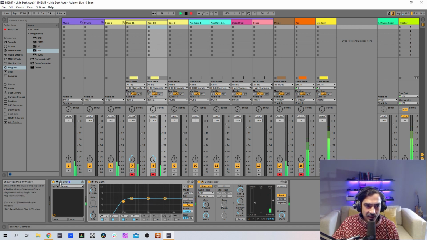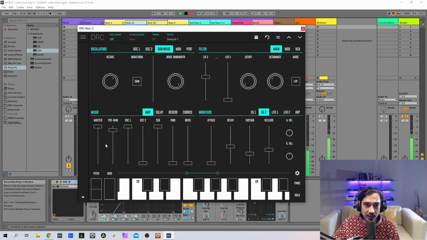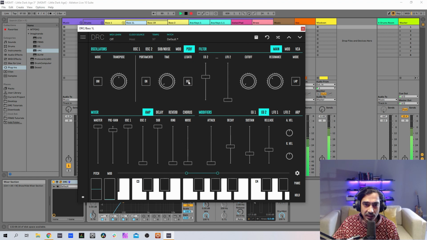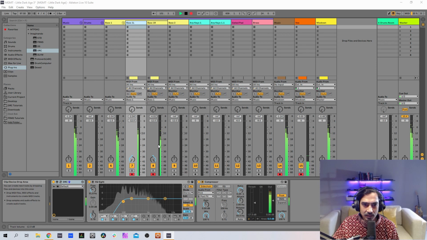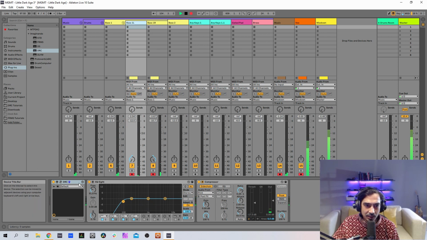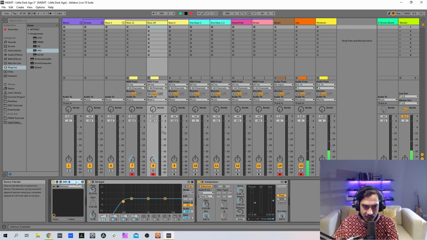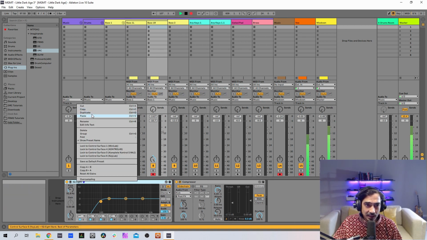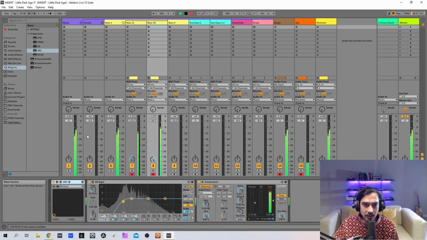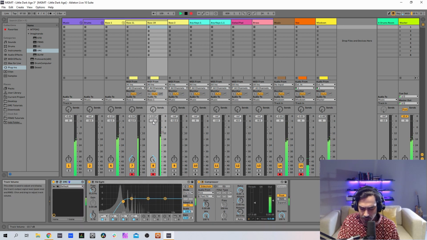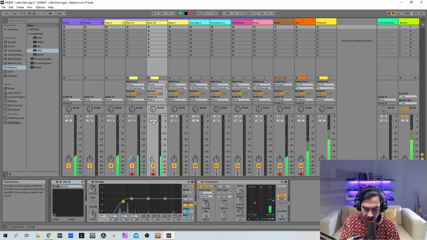Oh, I see I forgot just one thing on our first patch, on our bass, which is different from the second one: we have to go to performance mode and turn legato on. Okay? Now they're the same. I could actually go here to this bass, so you know what I'm doing. So they're exactly the same. I'm going to delete this DRC, paste it, and sorry, minus 12.